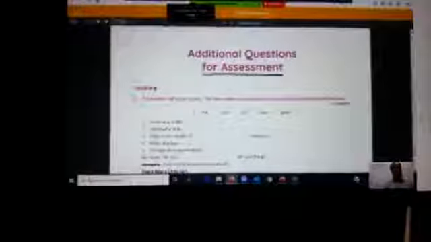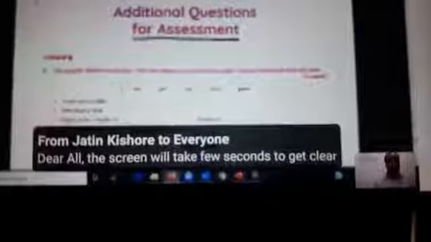Though we have given enough questions in the main course book as well, in case you are looking for additional questions related to listening, speaking, reading, writing, vocabulary, grammar, and then main course book based, chapter based, literature based questions, all those questions with the answers are there. As you can see, the question is given here and then and there the answer is also given here. So all those questions are there, additional questions over and above the book's exercises.